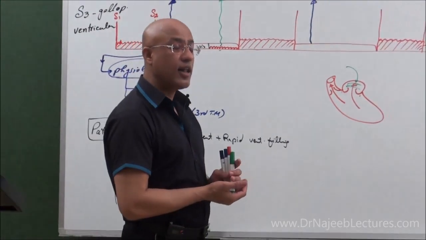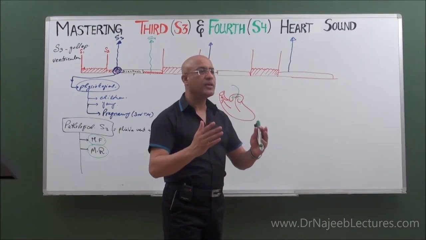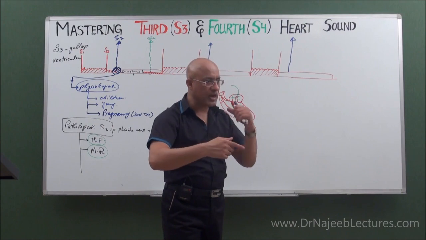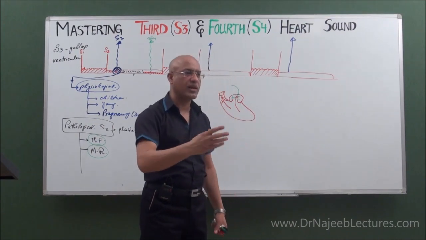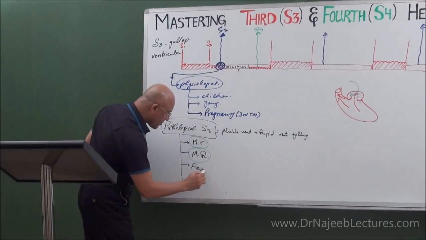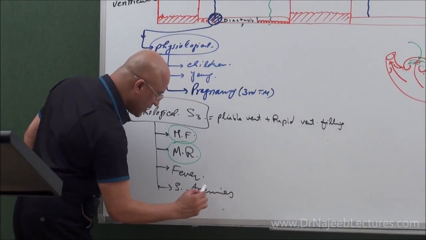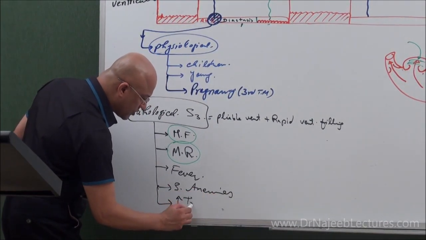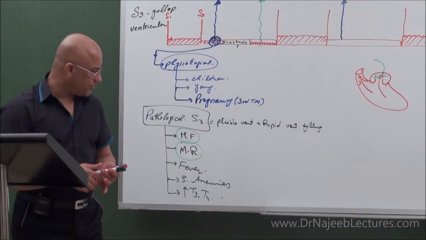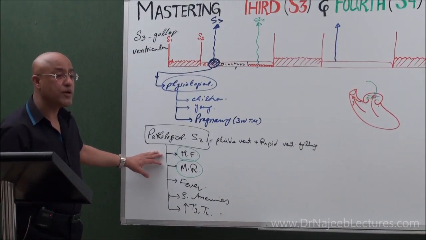Then S3 can also be produced in all those conditions where there is hyperdynamic circulation. The circulatory system is very fast, and due to that there is very rapid inflow in the ventricle, producing the third heart sound. Classically it can be seen in fever, in severe anemias, in hyperdynamic circulation, and in thyrotoxicosis, raised T3, T4, right? So in the end, I will repeat, the third heart sound may be a very important finding